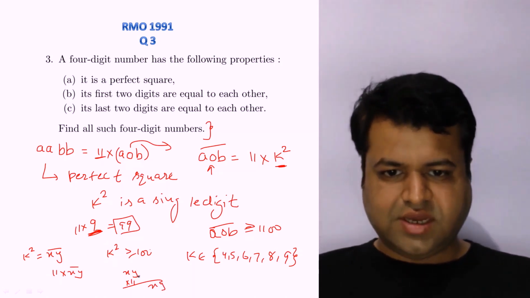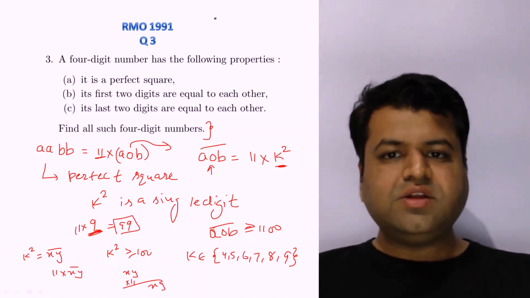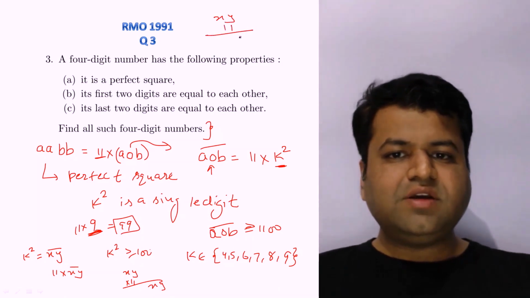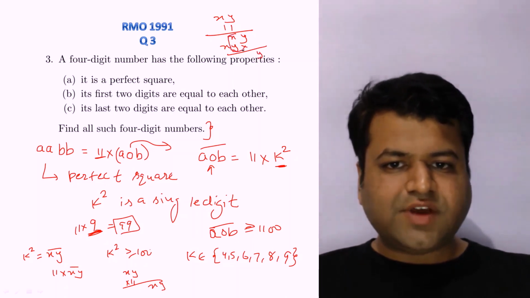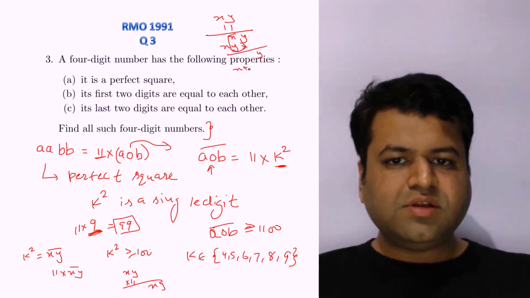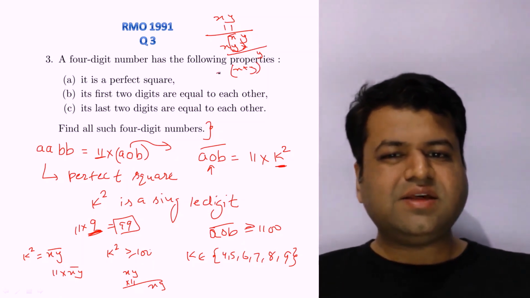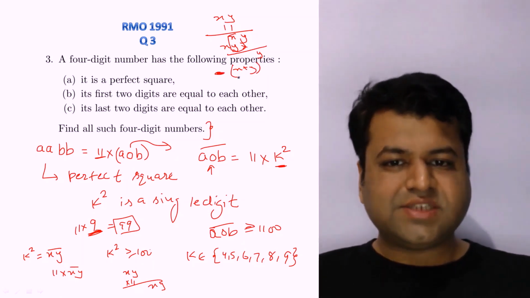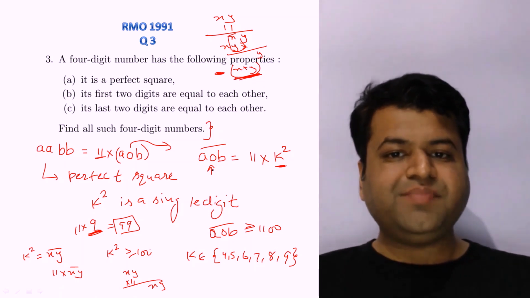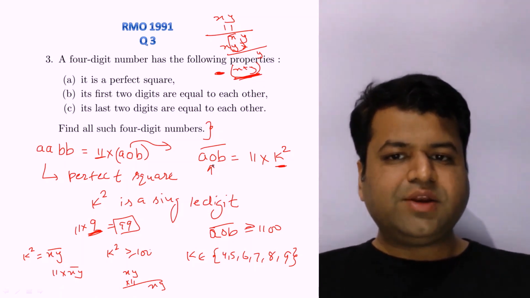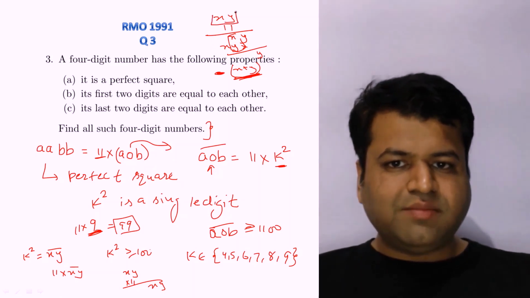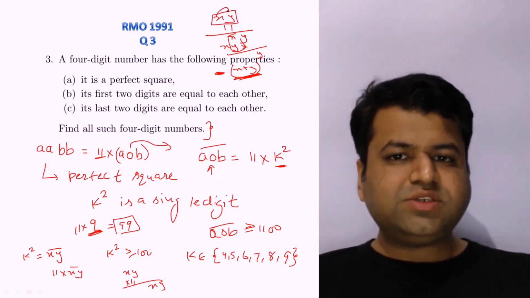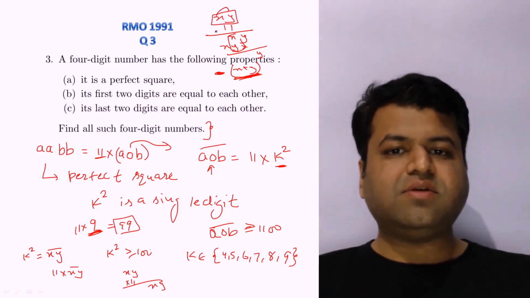Let me just write it here. So xy when multiplied by 11, we will get xy, here it is. So we will get y and this x plus y. And if there is a carry, then this will be x plus 1 or it will be x. The point is this x plus y should give us 0. So what I'm trying to say, the sum of these two digits should be 10,